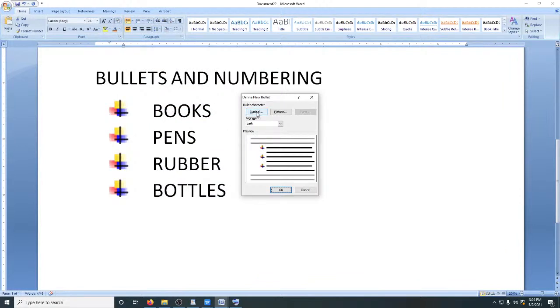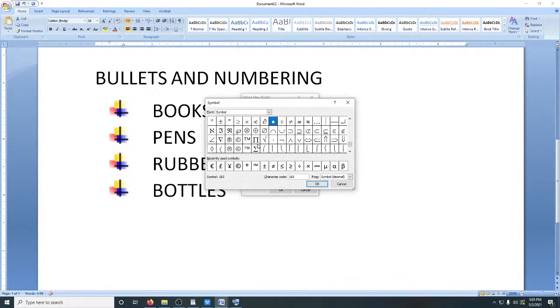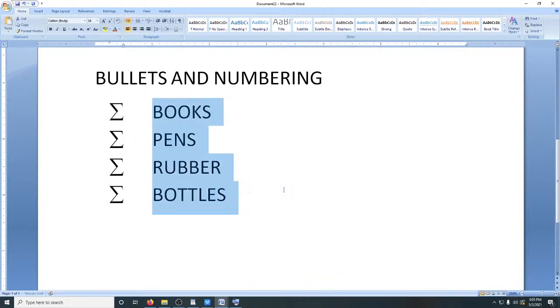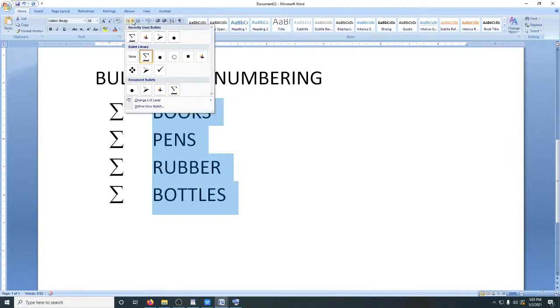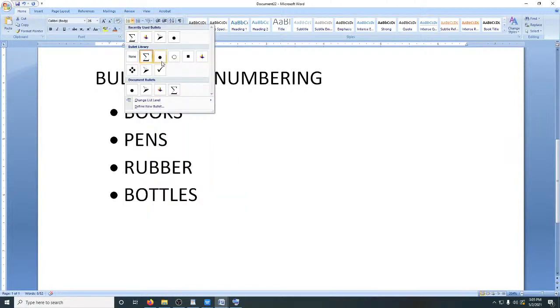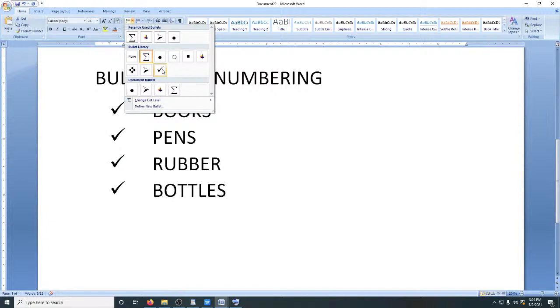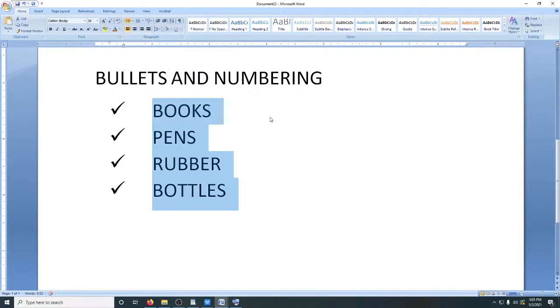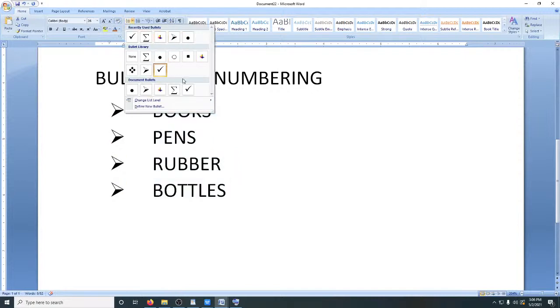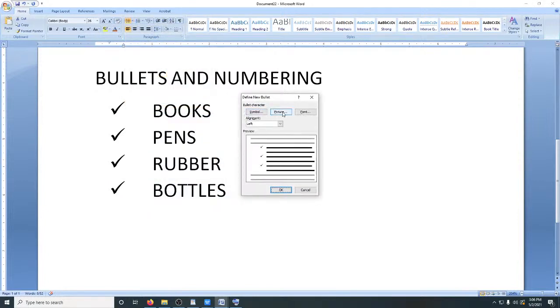Shall we take the symbols or pictures? You can take the symbols. Click OK, and the symbols are there, attached. Alternatively, you can actually do the tick, and then you can also change that to pictures,